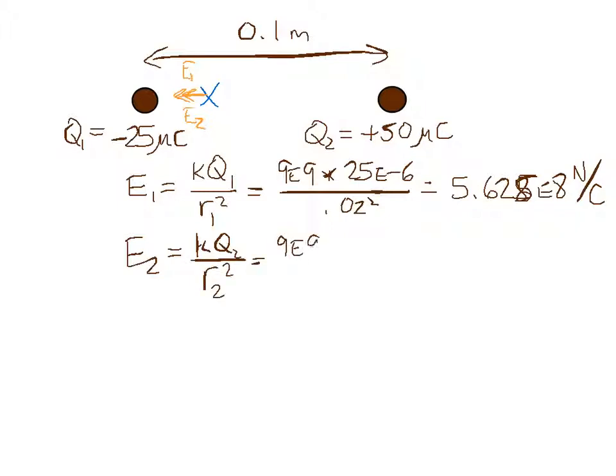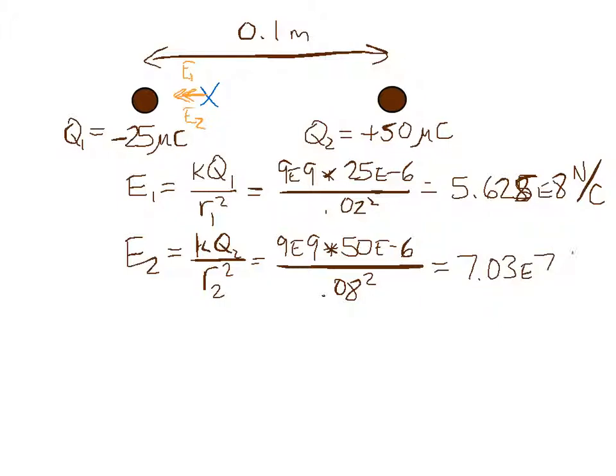So plug in the numbers, 9 times 10 to the 9th times 50 microcoulombs, that's 50 E negative 6, divided by the distance from that charge to where you want to find the electric field. If the whole distance is 10 centimeters, and this distance is 2 centimeters, that means left over here is going to be 8 centimeters, or 0.08 meters, and that's squared. And when you plug in those numbers, you get an answer of 7.03 times 10 to the 7th power newtons per coulomb,